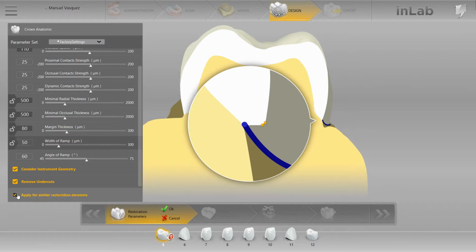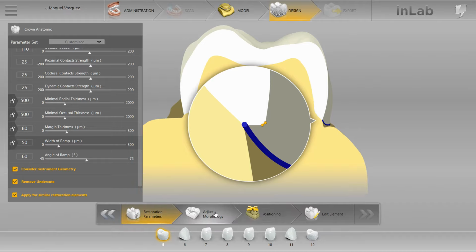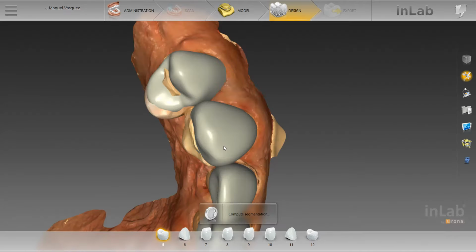And then last but not least, we'll apply this to all the restorations so we don't have to go through each crown individually and make those parameter adjustments. So we're going to click OK. And then adjust morphology. I typically leave this alone because